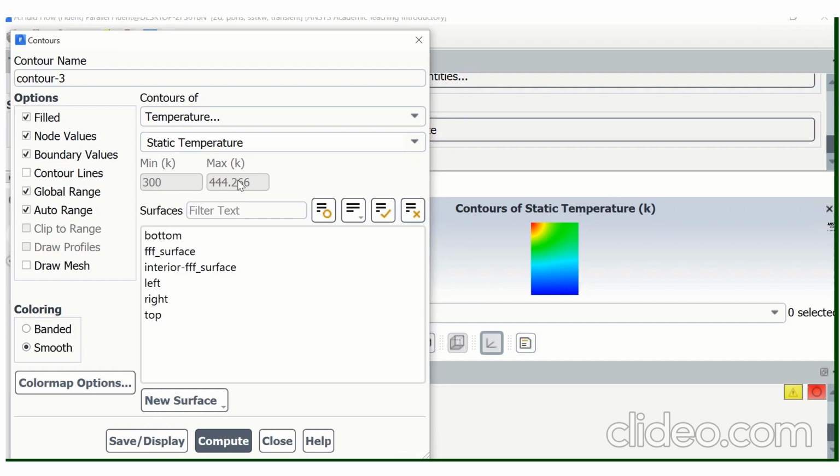And if you have any specific requirement, such as the temperature above 400 Kelvin or some boiling point, the material having temperature greater than the boiling point is removed. So let us assume that in our case the boiling temperature is 400 Kelvin. So what I need to do is just click 400 over here, then it will take the maximum temperature of 400, and material having temperature above 400 will be removed from the screen. So you have to click on save and display.